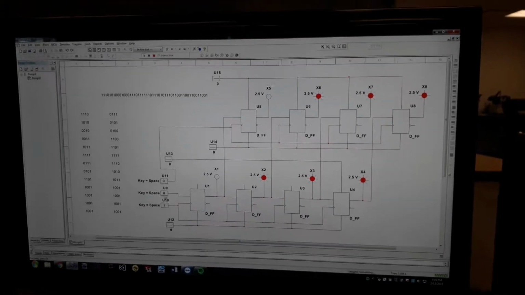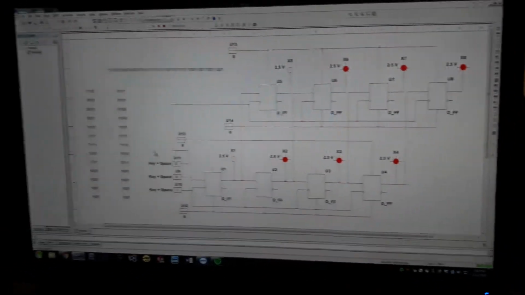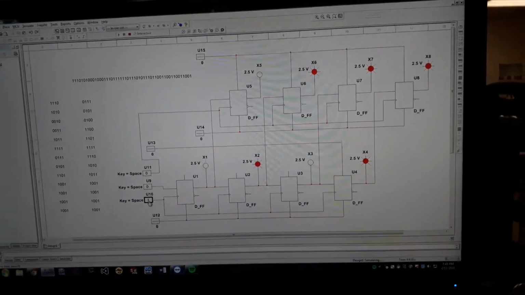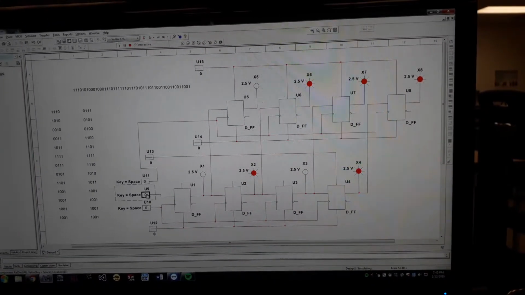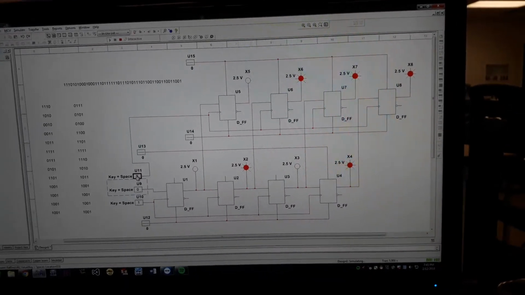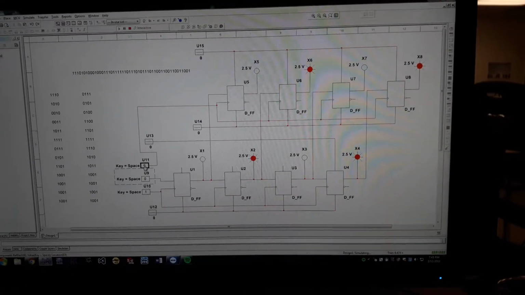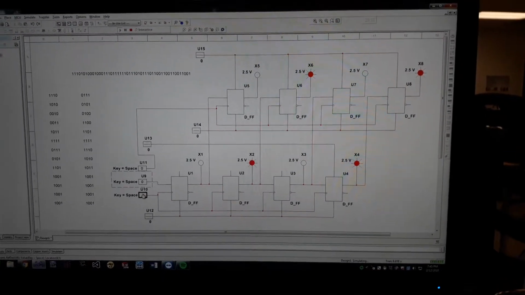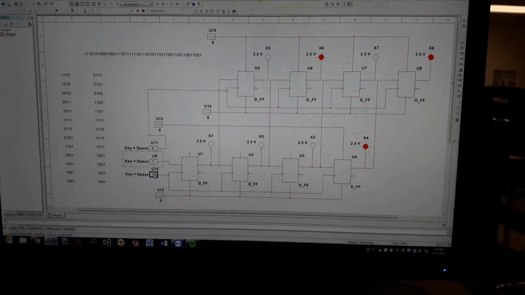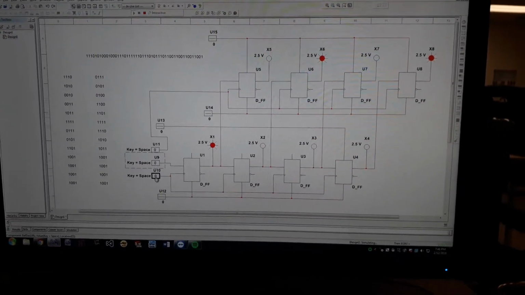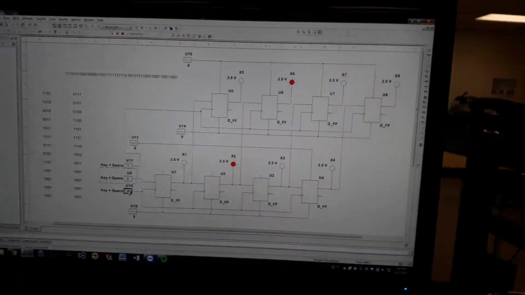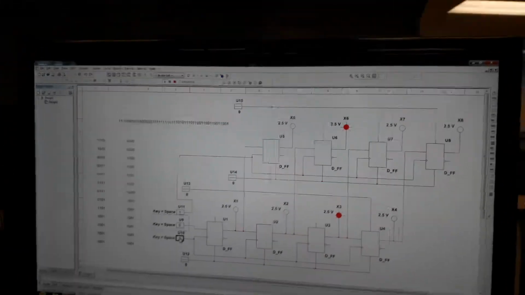And then we would have, the next one is 1, 0, 1, 0. So we get a 1, a 0, 1, and then a 0. And then the clock would go in again, and then we would get a 0, 0, 1, 0, and the clock would go in, and we'd get a 0, 0,